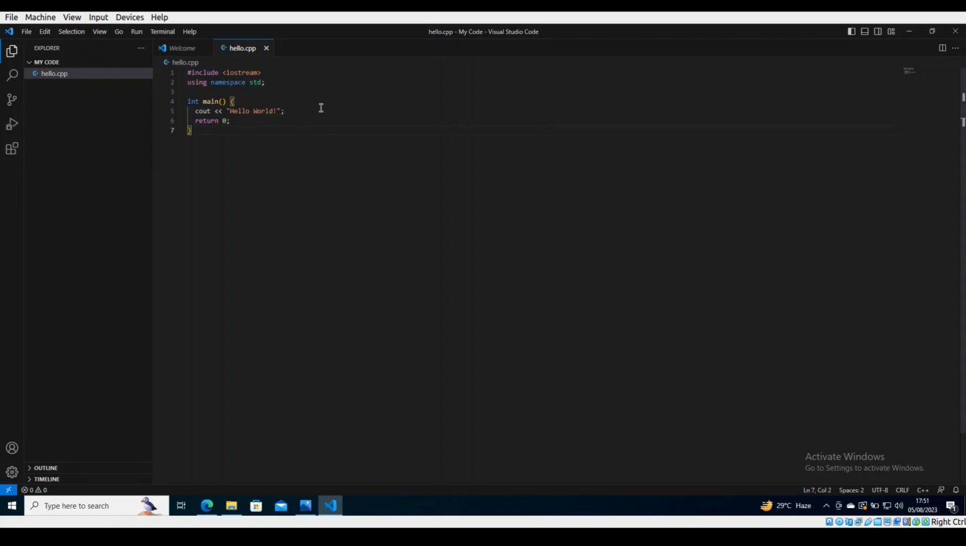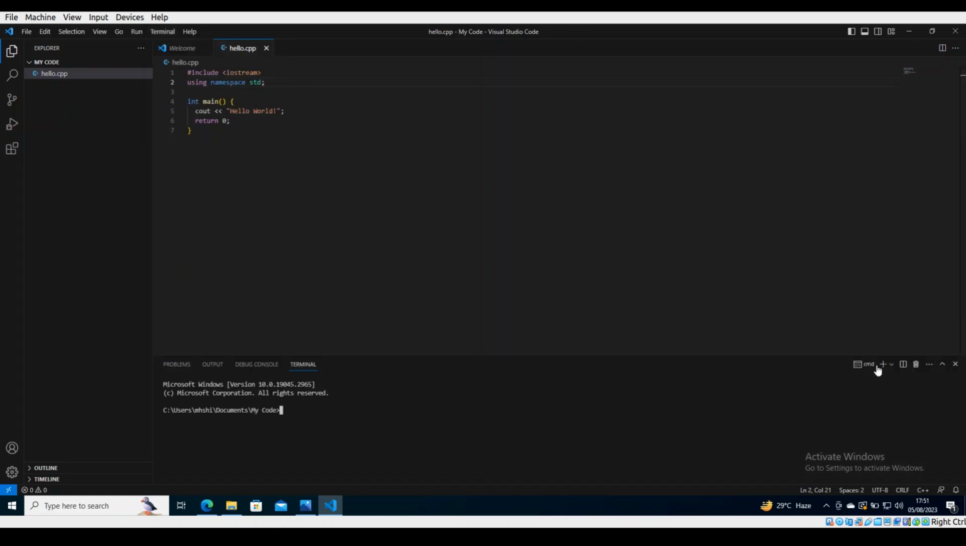We will test our code to see if our compiler is compiling our code properly or not. So open the terminal from the top menu, select new terminal. You have to ensure that you are in the CMD terminal. This can be PowerShell. If this is PowerShell, then you have to select the